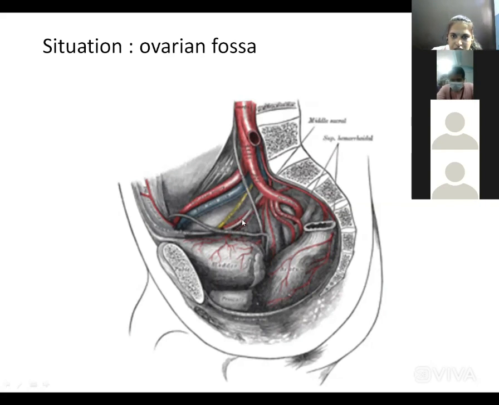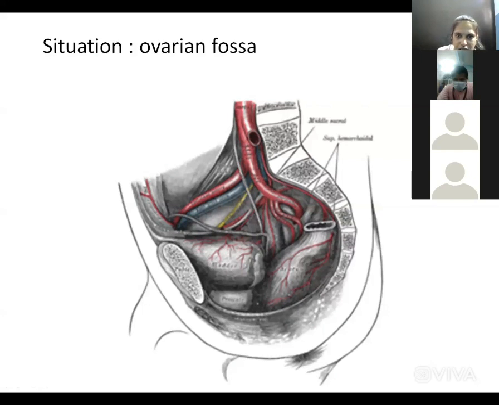The umbilical artery is present in the placenta. After its function is over, it gets obliterated. That's why it is not patent. In the next color diagram, I will show you again. So this is the umbilical artery, which is grayish in color, and posteriorly this is the ureter. Remember, the common iliac divides into the external iliac and the internal iliac. The internal iliac gives the umbilical artery, which gets obliterated, and posteriorly there is the ureter. So this is the ovarian fossa present in the lateral pelvic wall.